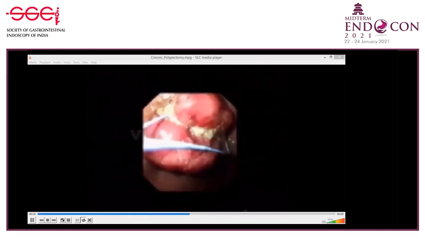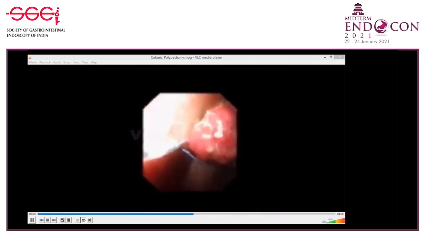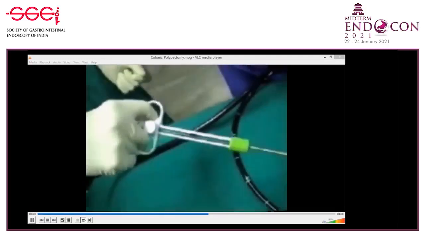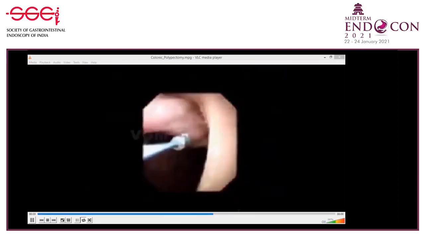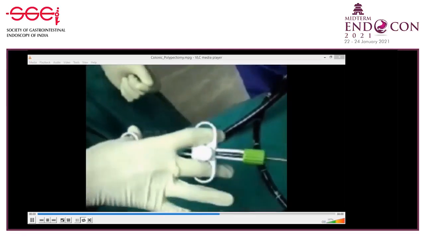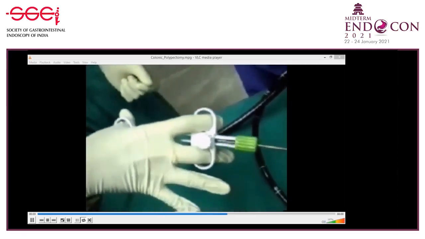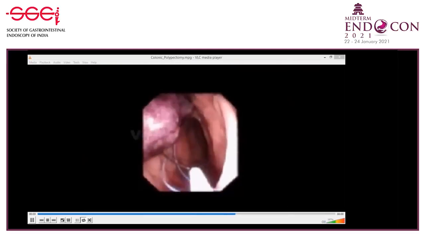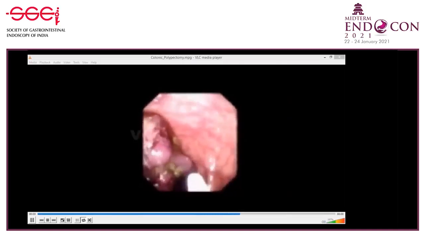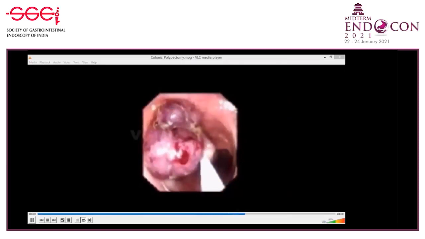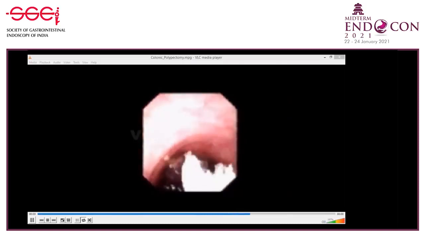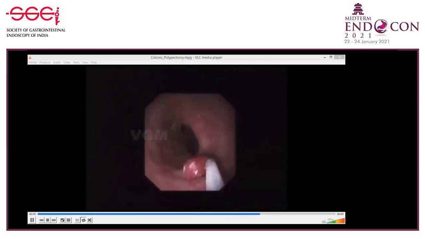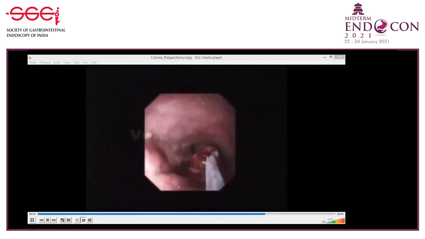Here we are having a thicker pedicle, so we're going with an endo loop, going around it and tightening it at the base. You can see the demonstration of how to deploy an endo loop there. After that, the Americans have a way of resecting below the endo loop, but we always go above the endo loop and leave the loop in place to prevent any bleeding. They like to remove the entirety of the lesion, so they usually go below the loop, but we go above the loop.